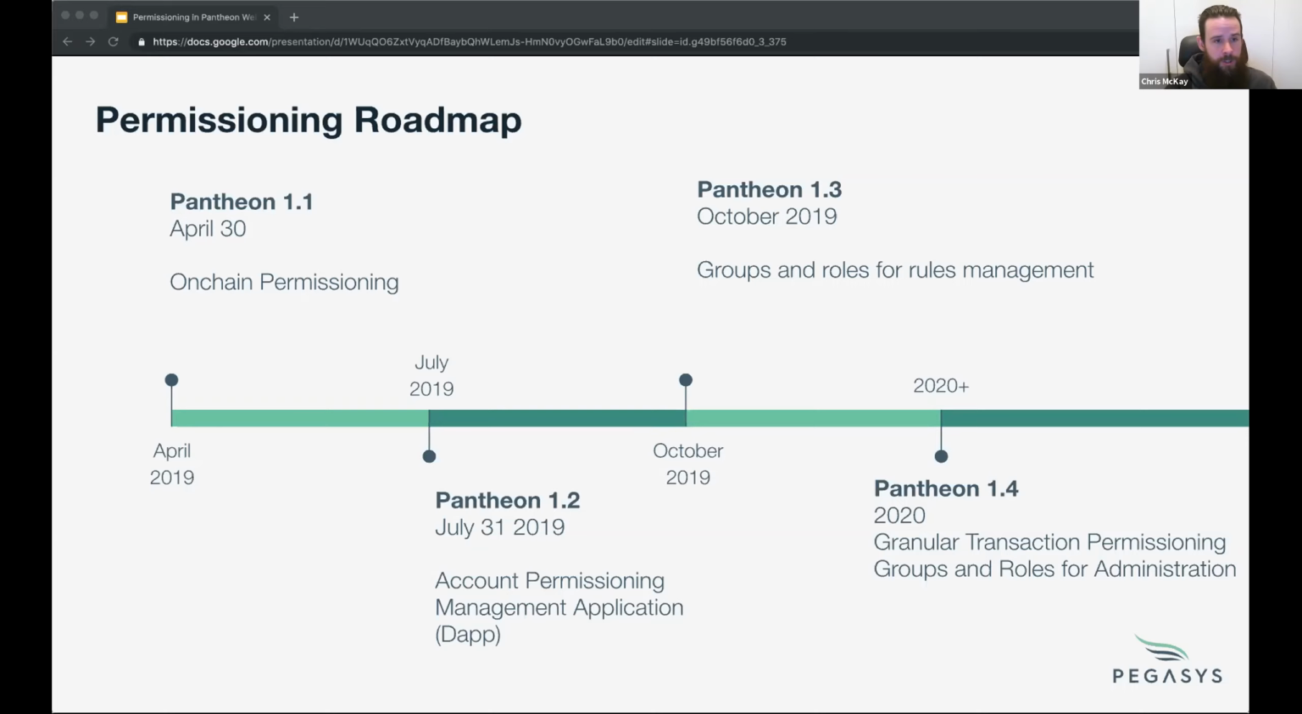Moving further into the future, in our October release, we're going to be adding groups and roles for rules management to make it easier to maintain the gigantic networks, which I'm sure you're all maintaining and facilitating your enterprise use cases. And moving even further into the future, in our 1.4 release, we're going to be installing granular transaction permissioning